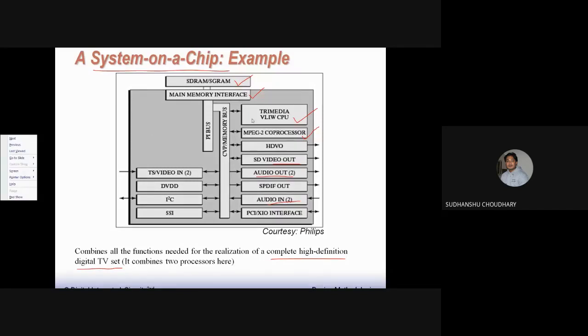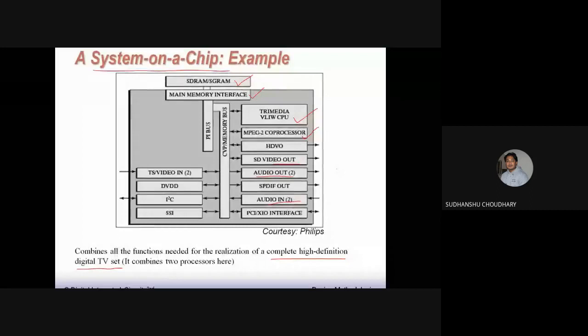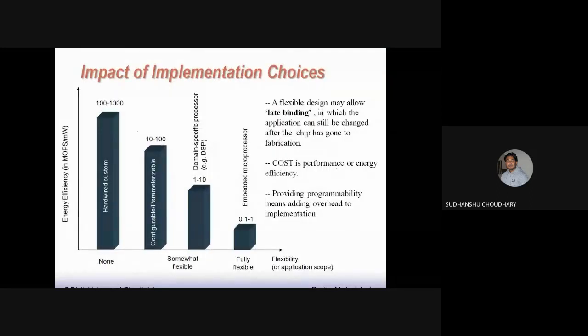So obviously one needs some design methodology. Obviously we have CAD tools available today, and because of the CAD tools, the design complexity can be reduced to some extent. The design time can be brought down. Labor cost can also be brought down. So the impact of the implementation choices, that is, what design methodology you will be utilizing to implement a chip, depends upon the chip functionality. How complex is the chip?